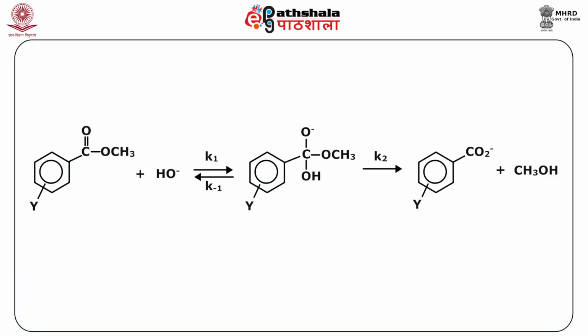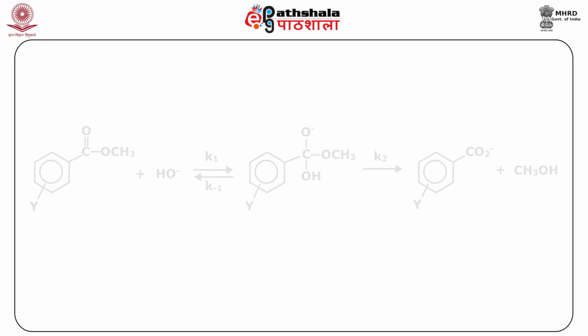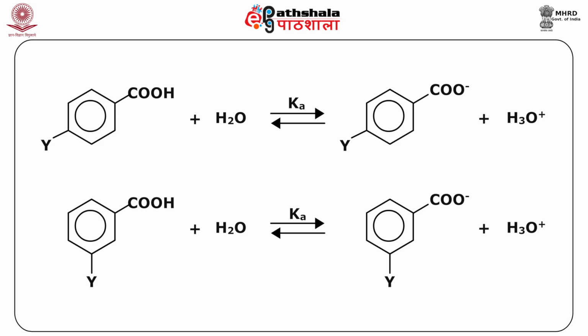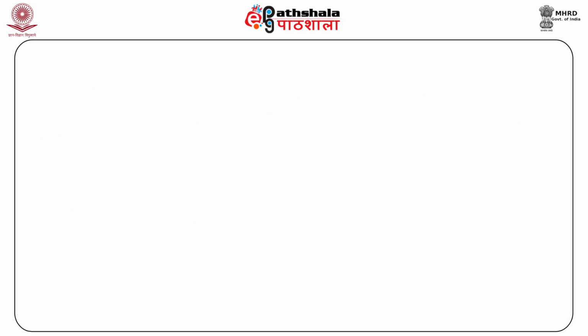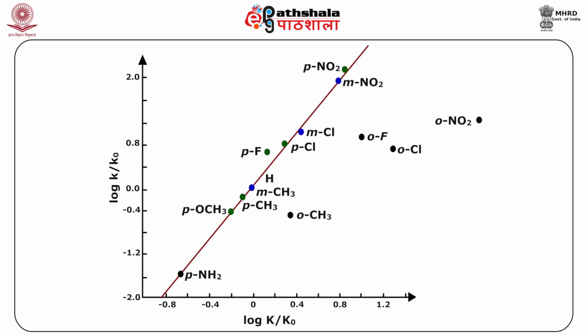The reaction for basic hydrolysis of ester is as follows and is shown in the equation. The ionization reaction, on the other hand, of para and meta substituted benzoic acids as the standard equilibrium is as follows and is shown here. The correlation is illustrated graphically in the figure, which shows log k over k naught, where k naught is the rate